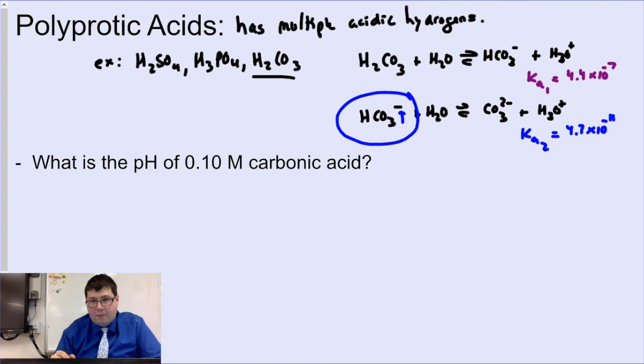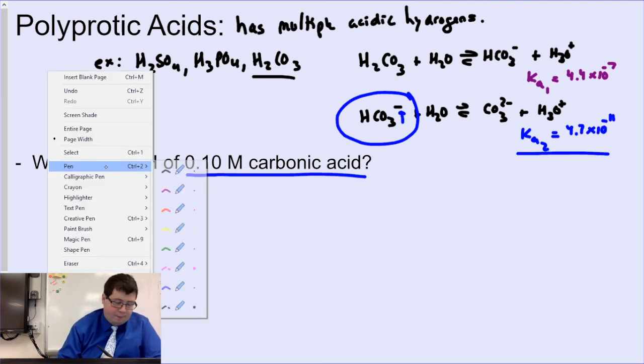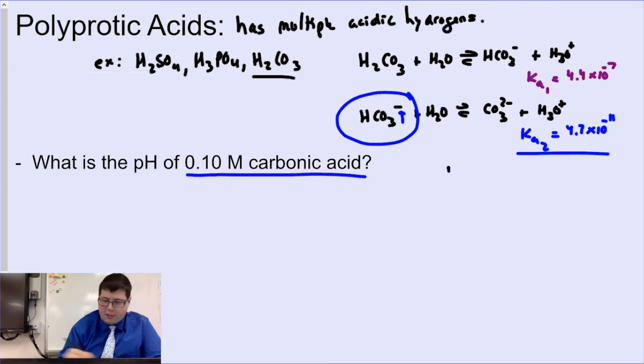And so typically for nearly every polyprotic acid you're going to see, the Ka is going to decrease as you continue to lose hydrogens because those hydrogens are more likely to stick onto their parent molecule. Now, we can still do calculations for pHs with polyprotic acids, and it actually ends up being pretty easy to do. The reason why is because this Ka is very, very small. And so because of that, we can normally assume